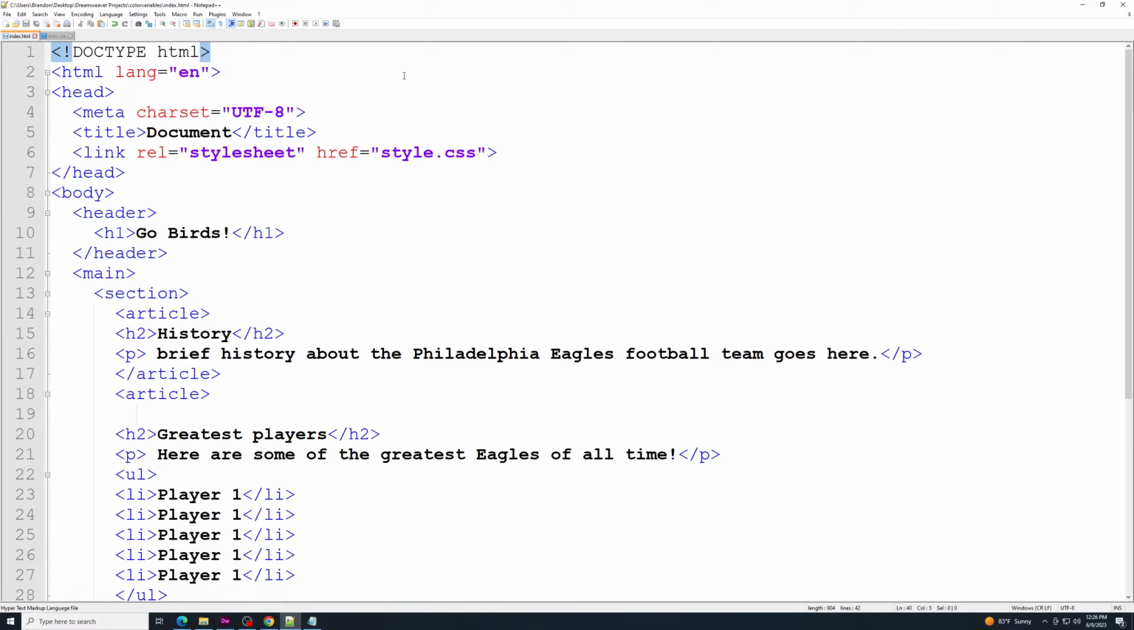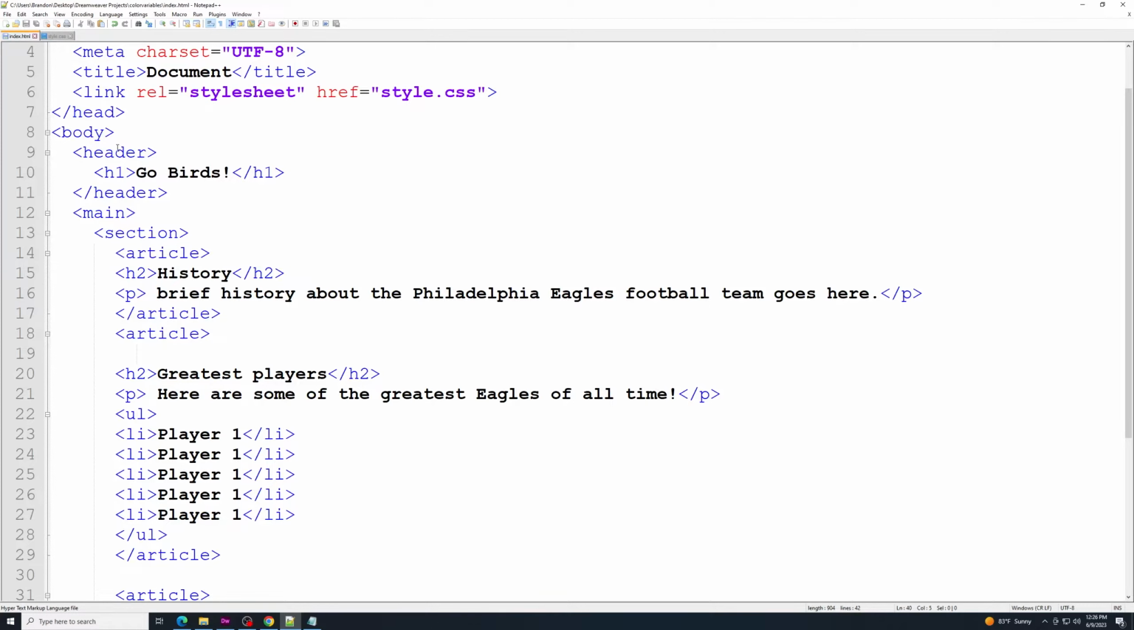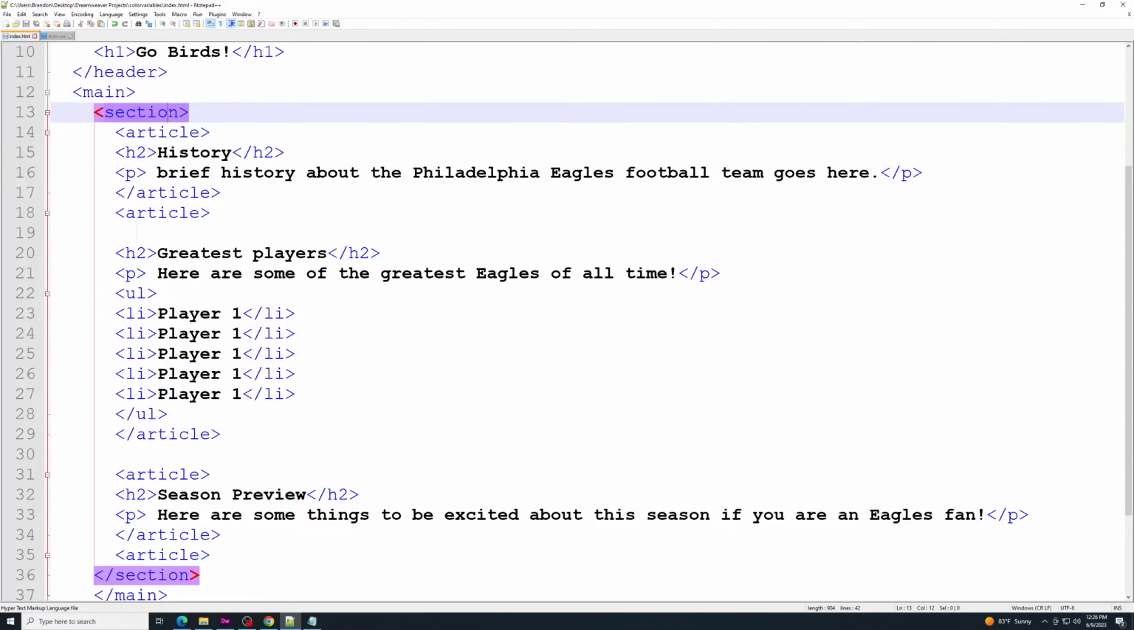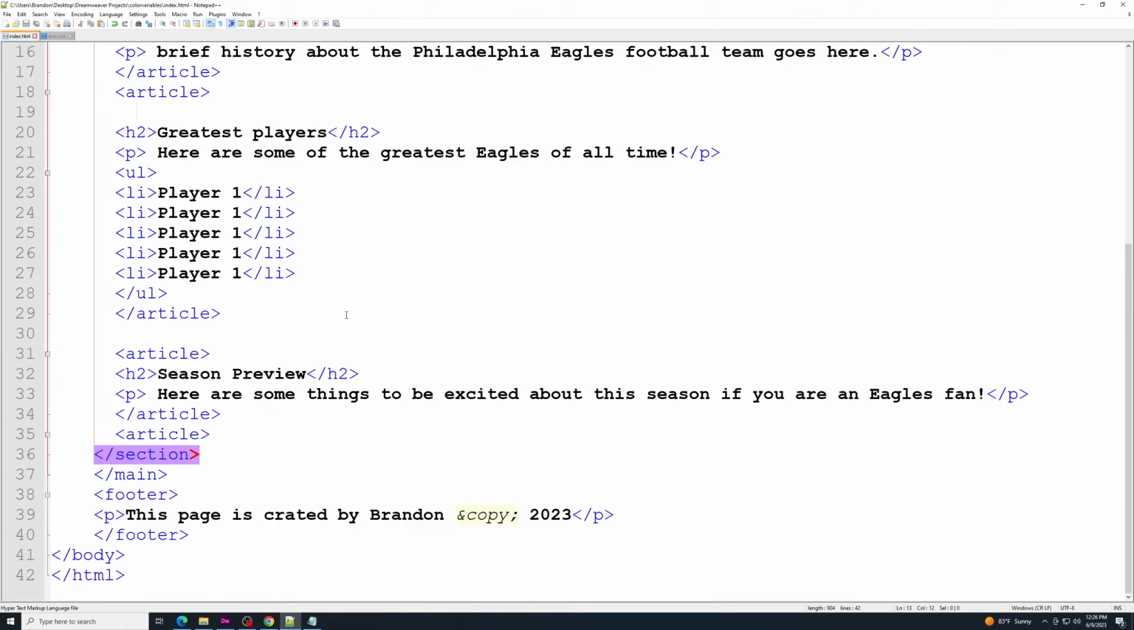So for the HTML part, I do have it linked to a style sheet. In the header, I just have an H1, and then underneath that header I have a main, and in the main there is a section, and we have 3 articles in the section. One is for history, one is for greatest players, one is for season preview, and then underneath that main section I have a footer. You can set this up however you want to. I just wanted to have multiple elements in here so you could see how it makes things so much more convenient